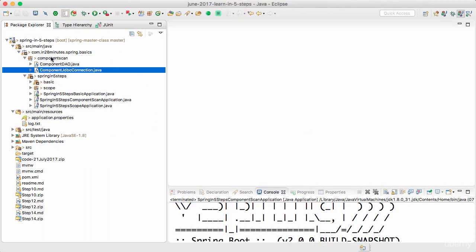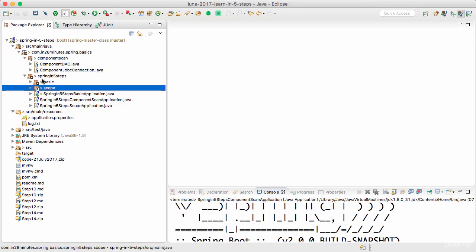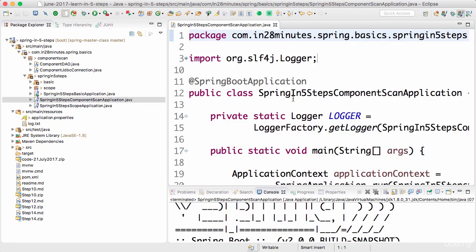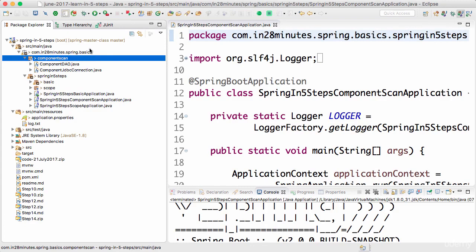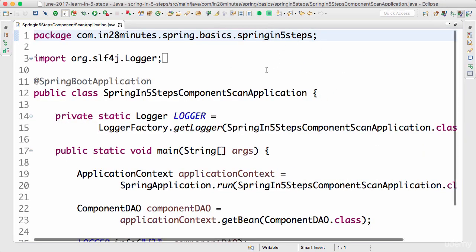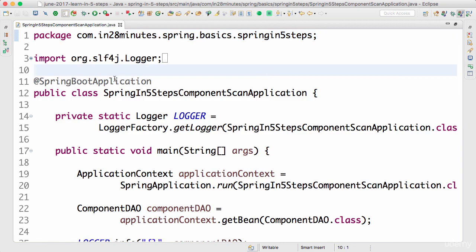So still this component is not being picked up. What is the reason? The reason is that the package where it is present is not part of the component scan. Here we are saying @SpringBootApplication.